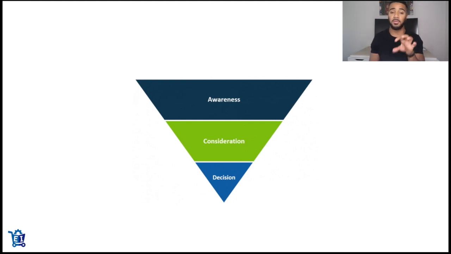And primarily for top of funnel, we do focus a lot more on using Facebook and Instagram ads, getting in front of brand new people. And the reason why is because it works really well to do so. As far as middle of funnel in the consideration phase, this is typically when you're focused on marketing to people that have already interacted with your business. They've already visited your website. Maybe they already added to cart.